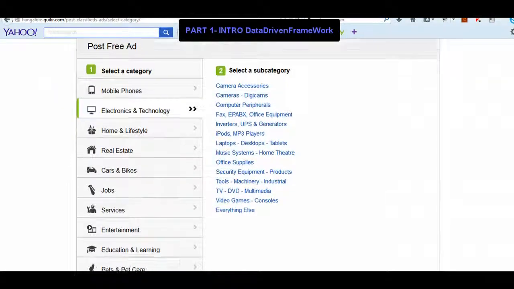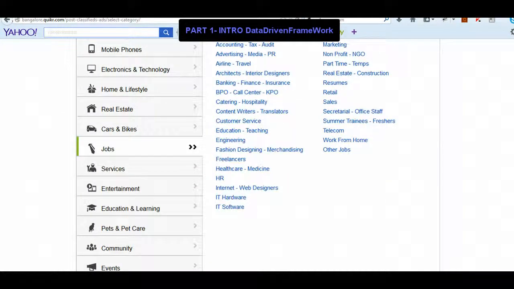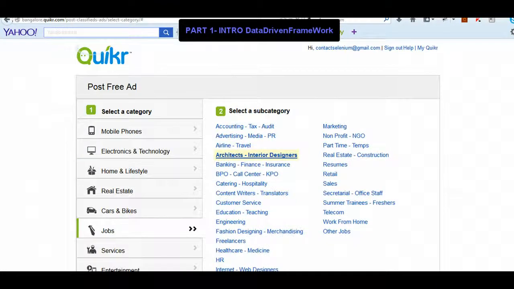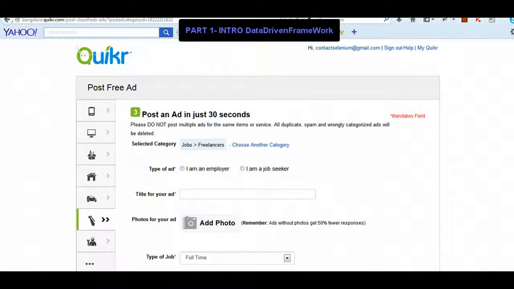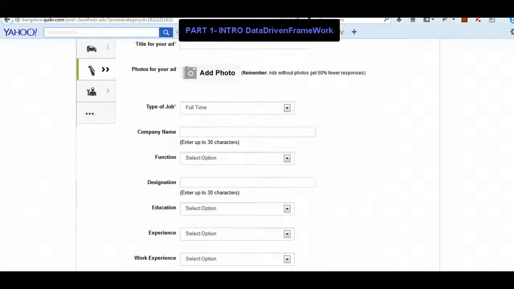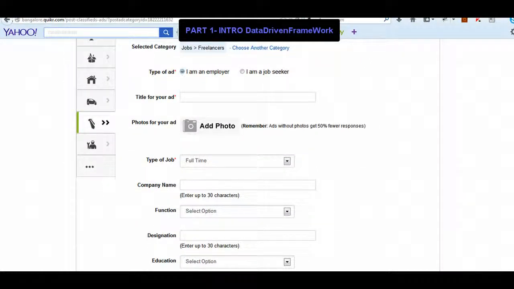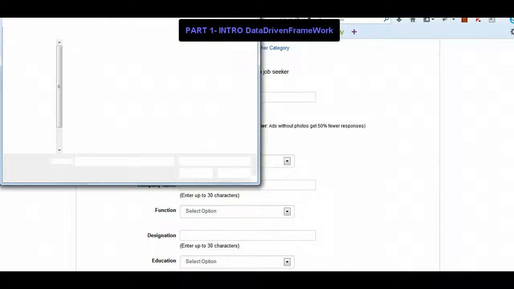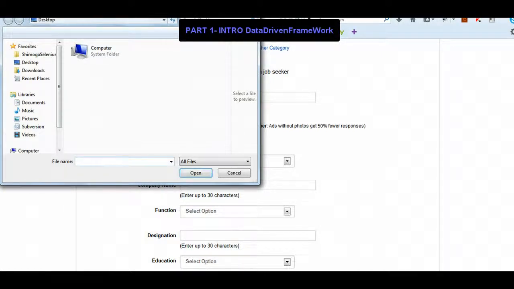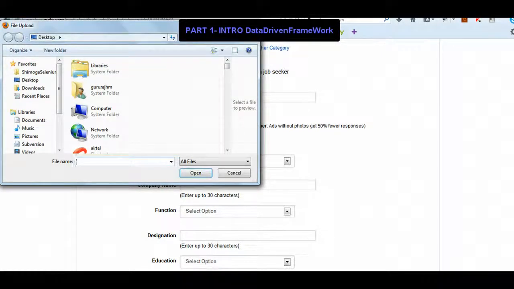Once I log in, I'll go to jobs and click on freelancers. You'll get this page and you'll try to fill in all the data over here. What is the mandatory data? For example, the employer, and you can see the ad name. Also click on add photo here. You'll get a pop-up to attach a file, and these scenarios we have already covered in one of the WebDriver sessions.